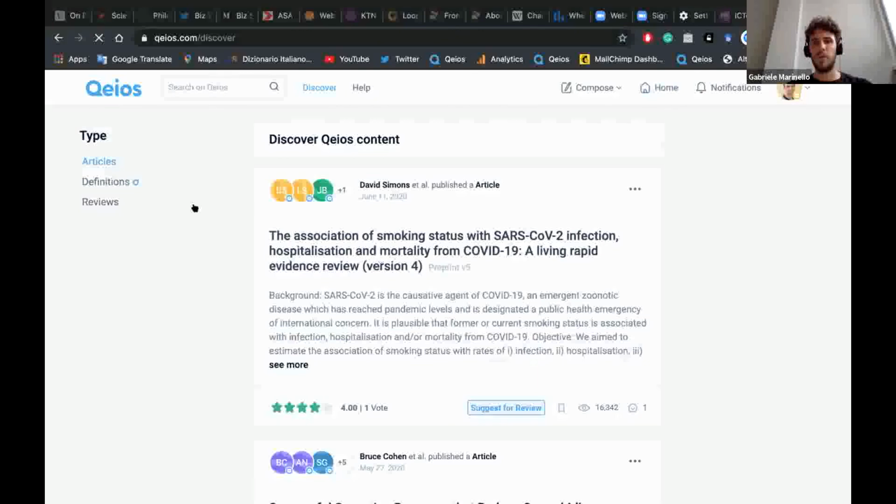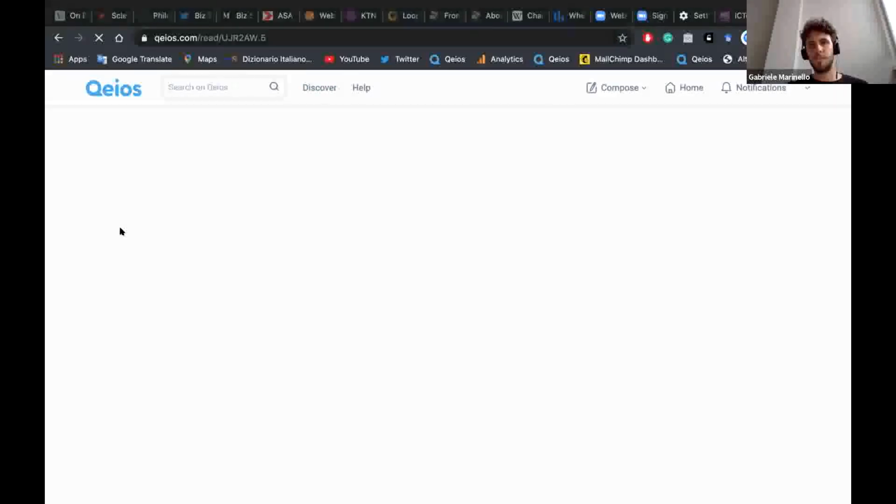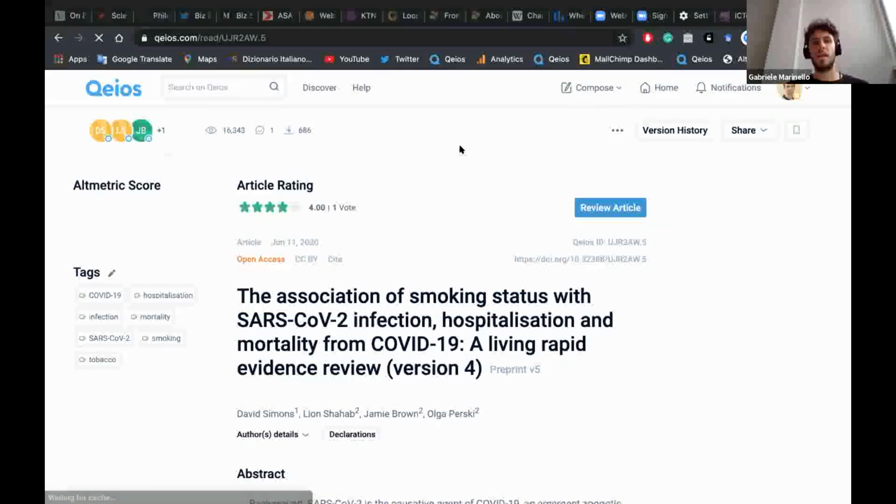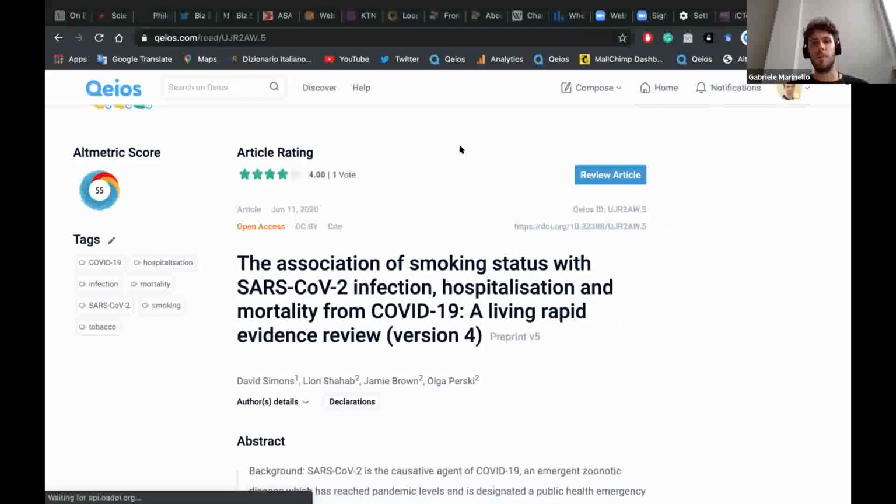Okay, for example, if I open this article, if you try from your computer, it's going to be much quicker. This is an actual article that has been published on the platform.